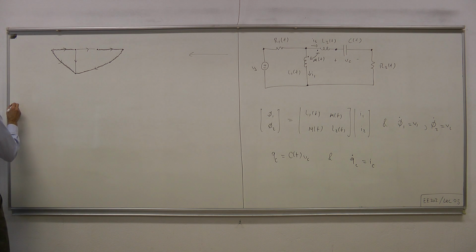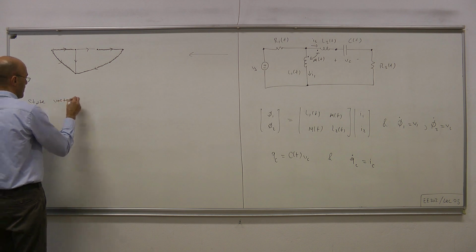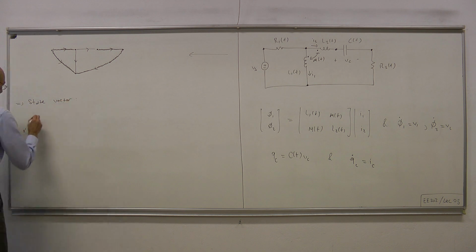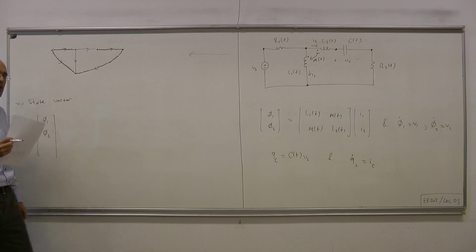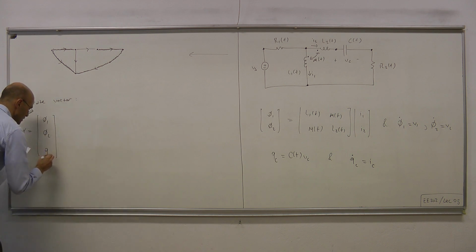Therefore, let our state vector be x equals flux 1, flux 2, these two coming from the inductors, and finally we have, instead of Vc, Qc, the charge